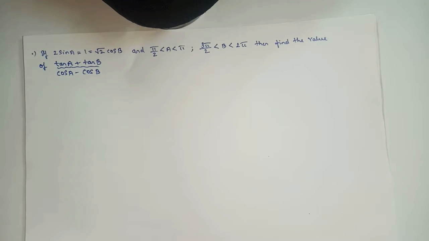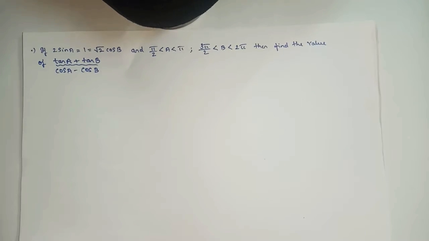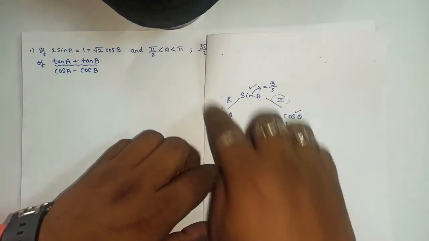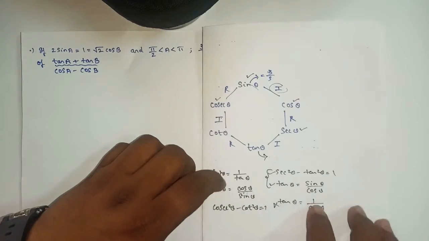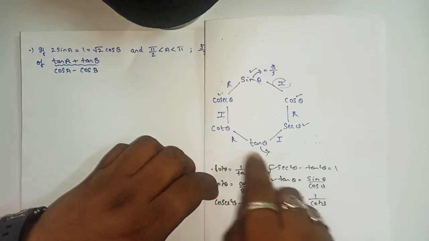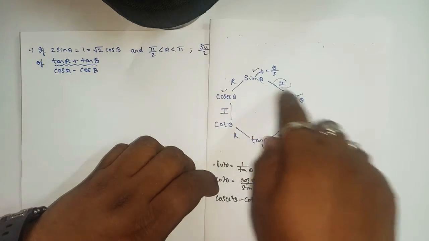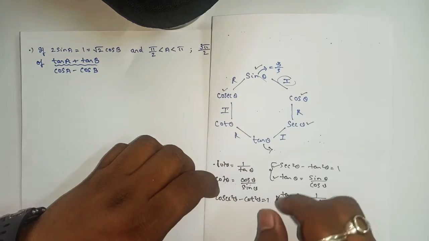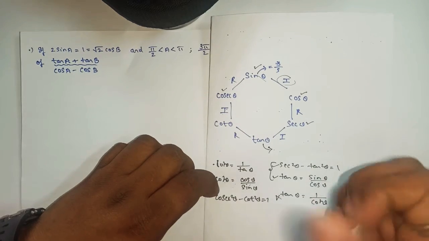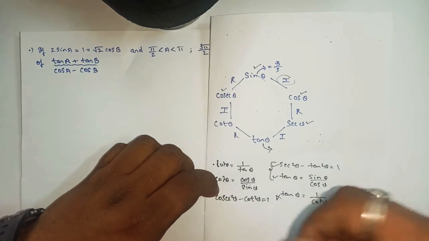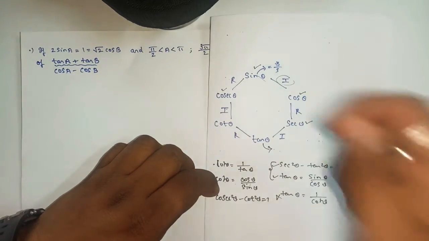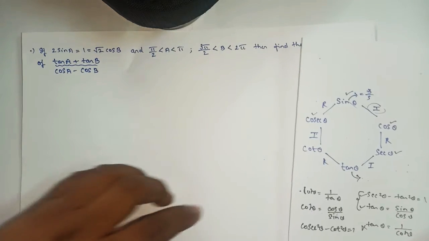I hope you all know this, the connection between sine, cos, cosec, cot, tan, sec. Here also, for the first 3 or 4 sums, this web chain will play an important role, so you must know the connection. Suppose you have sine, then how you can find the remaining trigonometric functions. Okay, so let's begin with the first one.